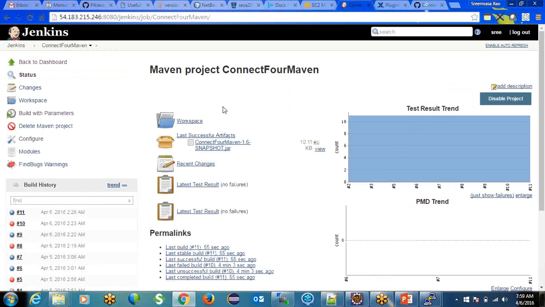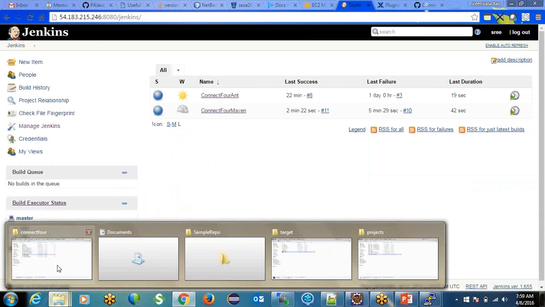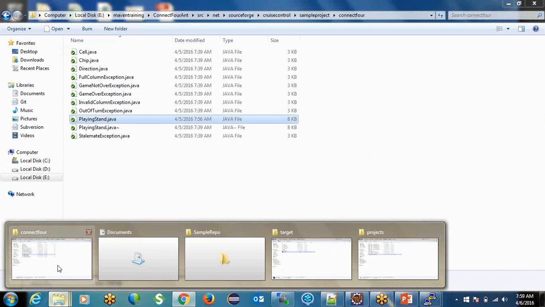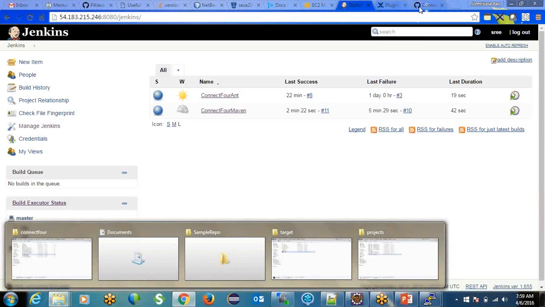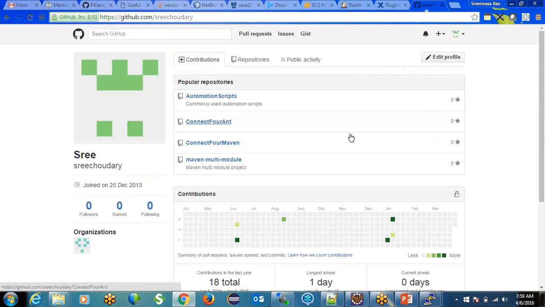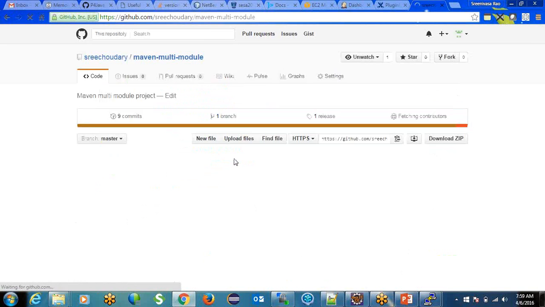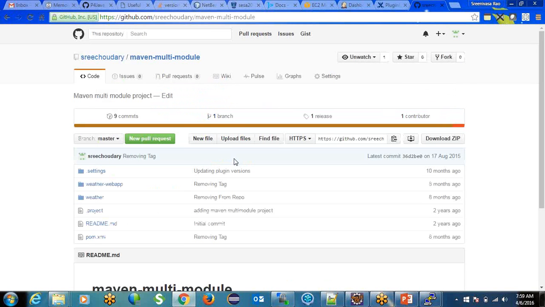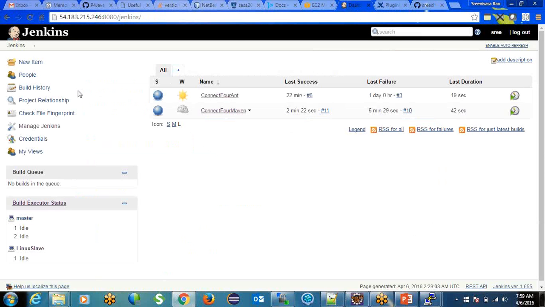Okay, now we have to create some web application, right? So we have created. I have a multi-module project here. So I'm taking this one, copying the URL to clipboard, going to Jenkins,